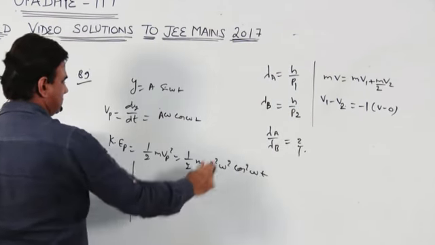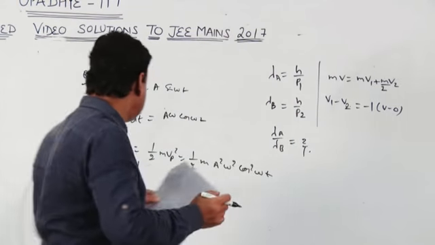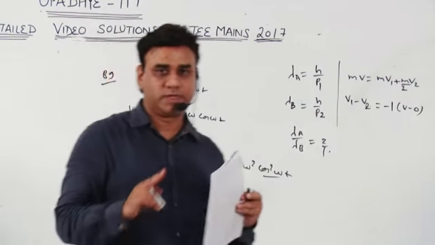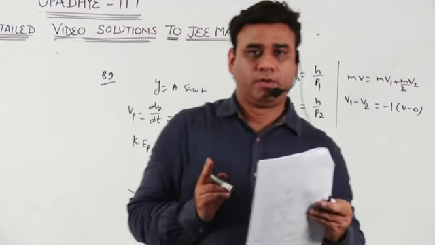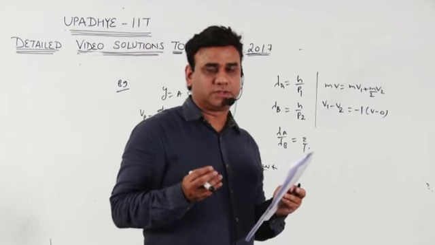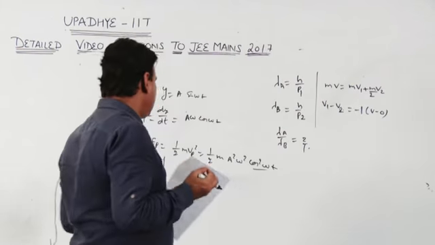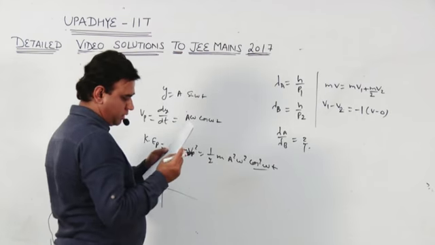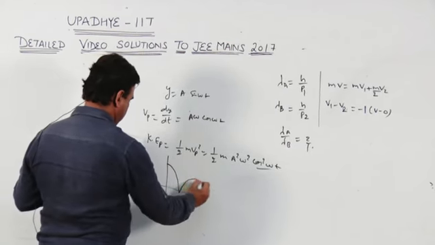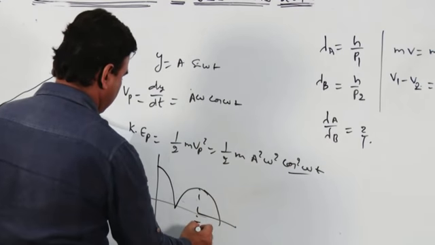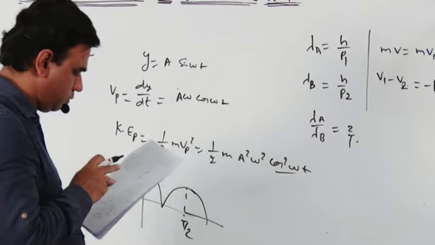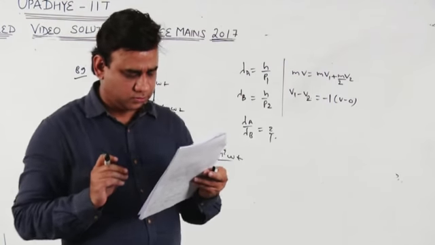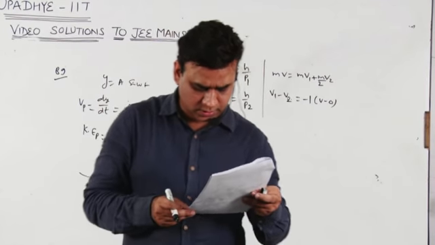So this is basically the graph of cos square omega t. The frequency of cos square omega t is nothing but twice omega, or 2f. And if the particle has double frequency, then the time period will become half. So the most appropriate answer would be the third one. The time period will become T by 2, because two graphs are given the same, but we have to check for which graph the time period is T by 2. So third will be the most appropriate answer.